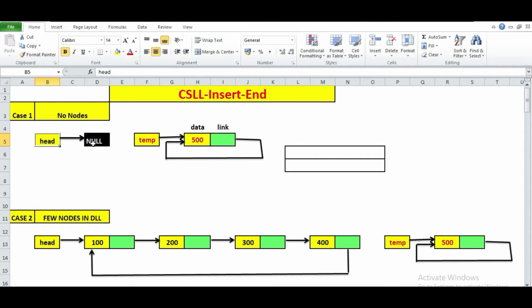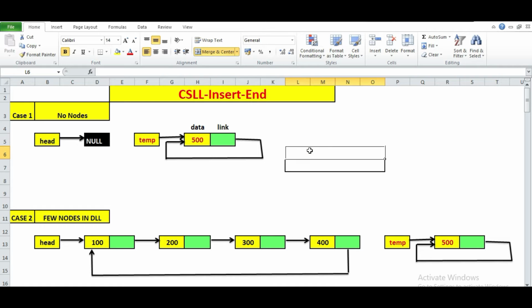In that case, if head is pointing to null, and you have a new node whose address is in the pointer temp, then head should point to temp. That means the address stored in temp for this new node will be copied into head, so that head is also pointing to this location.